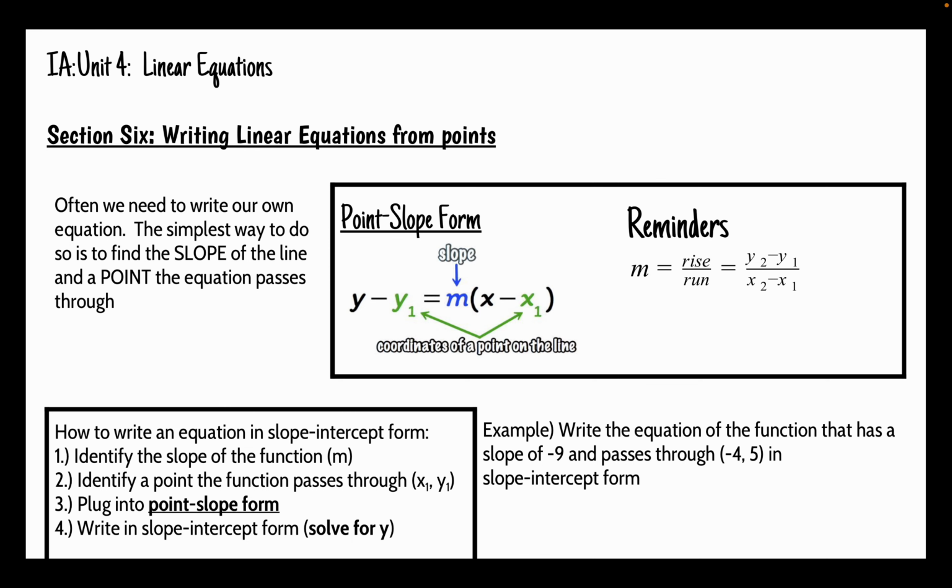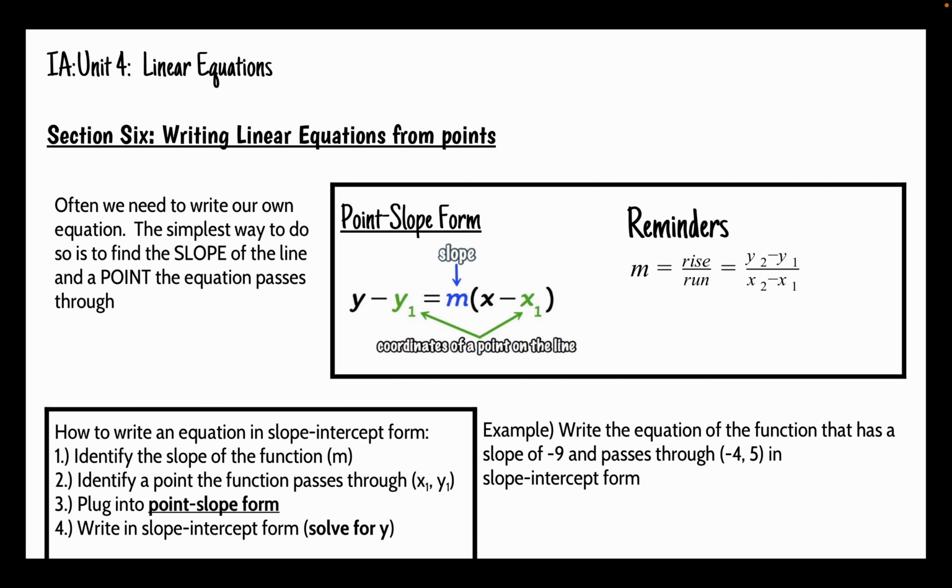Okay, this is Unit 4 Linear Equations, Section 6, Writing Linear Equations from Points. So often we need to write our own equations. The simplest way to do this is to find the slope of the line and a point in the equation that passes through. Once you get your point and your slope, you're going to put it